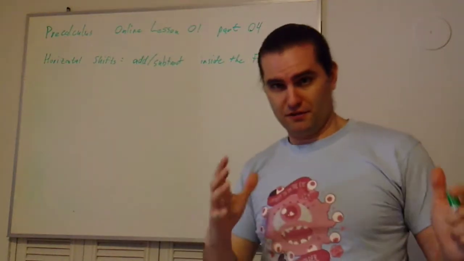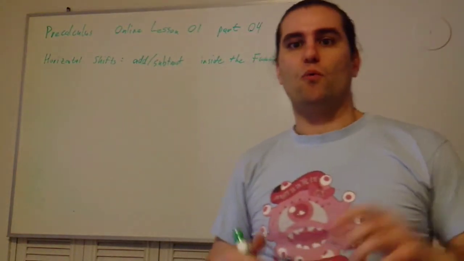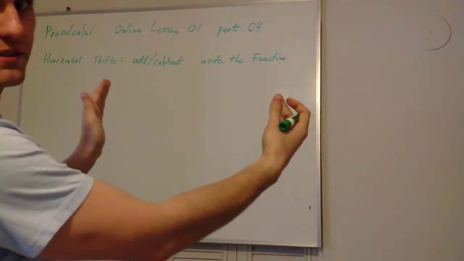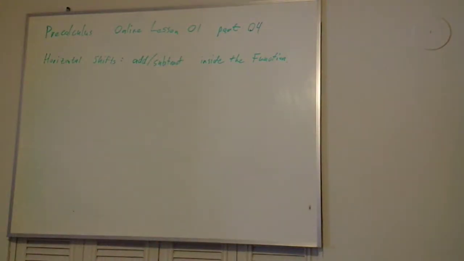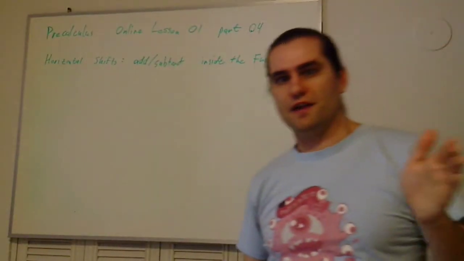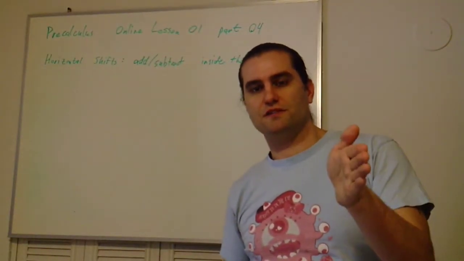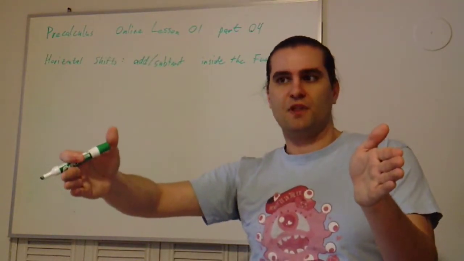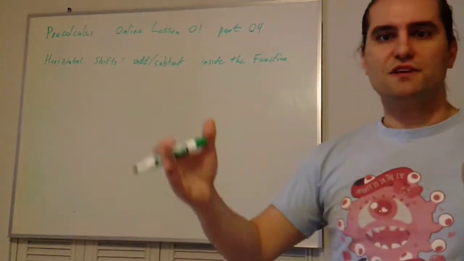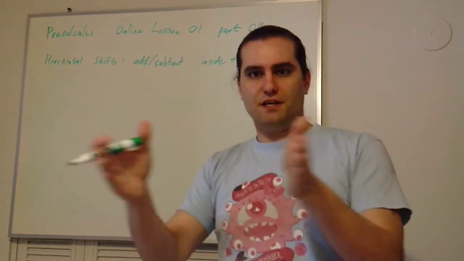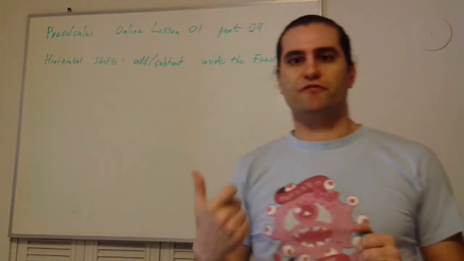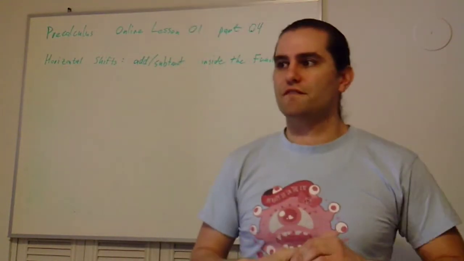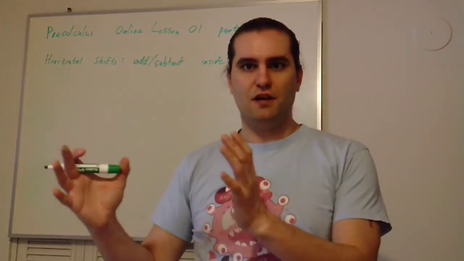And they happen when you add or subtract inside the function. So for trig functions, we're going to call these things phase shifts because they're going to work just a little bit